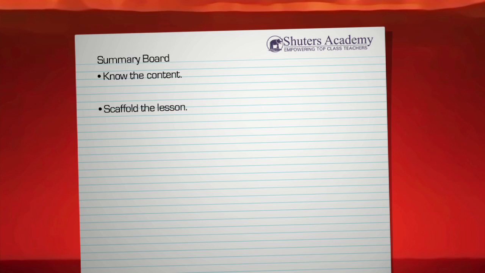Let's summarize the key tips we can take away from the lesson. Know your subject and the content you plan to deliver. Plan and scaffold the lesson carefully. Each new concept must build on the previous one. Make sure learners have all the elements necessary to complete the task you will set, in this case, creating and presenting a play.